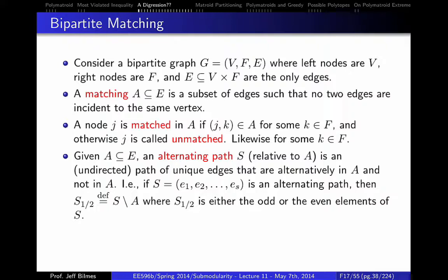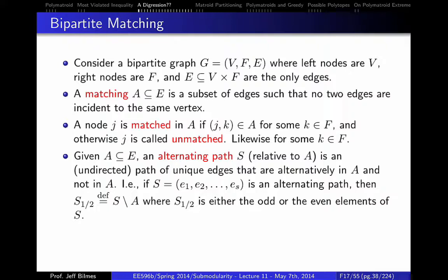But anyway, let's talk about alternating paths. So we've got matchings, and an alternating path is an undirected path of unique edges that alternate in the matching and out of the matching. Okay, so basically, you've got a set of matched edges,